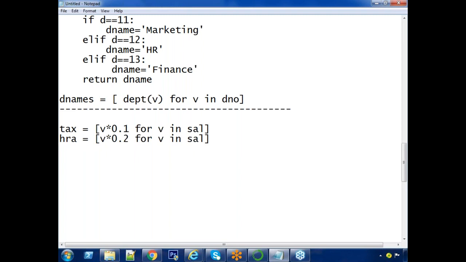Now in your hand, how many lists are here? Salaries, their department numbers and department names. And also their taxes, their HRA, all these things. Just observe this one. I'm keeping some names also.